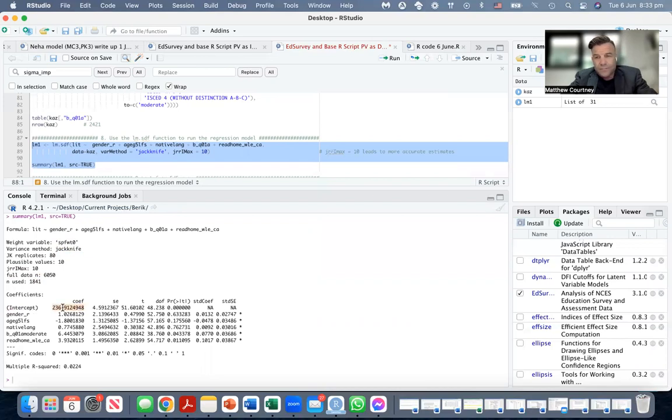For literacy, this is on a global scale. And we see the effect of the different predictors on the outcome. We get all the different coefficients here. We get the adjusted standard errors. So with the coefficient and the standard errors, we then compute the t value, which is coefficient divided by standard